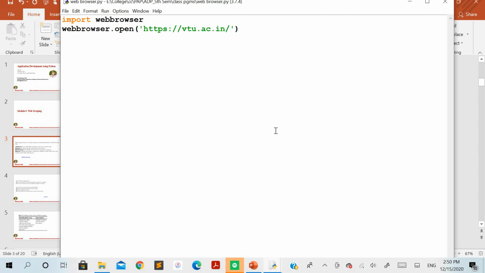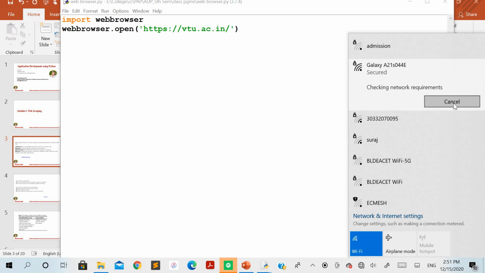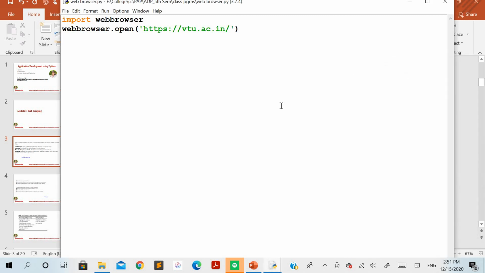In order to run all the programs from this chapter and all the chapters from the fifth module, you require an internet connection. Sorry for the inconvenience.